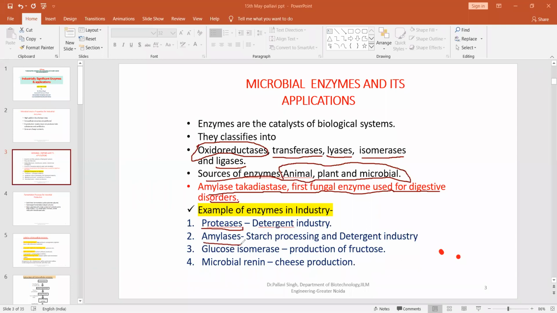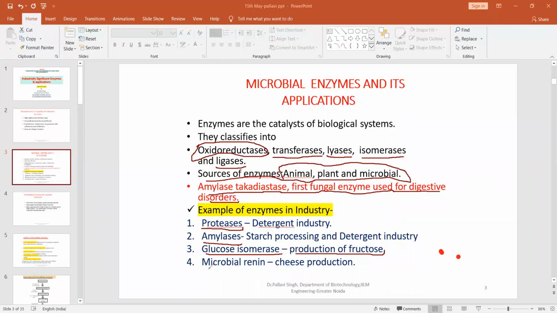And amylases are of different kinds. I'll discuss in my next slides. So proteases break down proteins and are part of the detergent industry. Similarly, amylases break down the starch, they process the starch, and they also form a part of the detergent industry. Talking about one more form, glucose isomerase, it is used in producing soft drinks. Fruity has a high amount of sweetener, and that is done by using glucose isomerase.